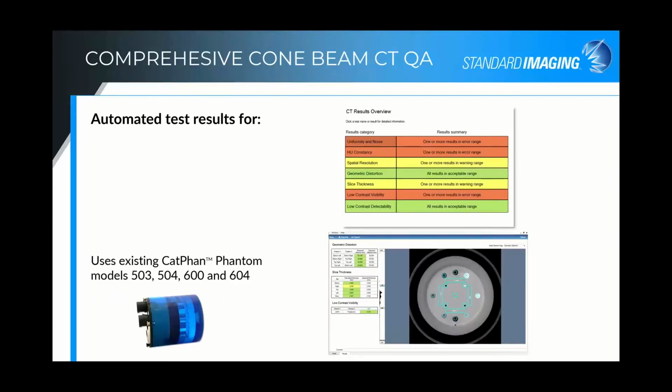Comprehensive cone beam CT utilizing the existing CATPHAN phantom, typically included with the CATPHAN system. I'm sorry, the cone beam CT system for the various Linacs, either the Elekta or Varian. And then we also can analyze the 600 series as well. So you've got the 503, the 504 for Elekta and Varian, and then the more diagnostic side of things with the 600 and 604. So those are all phantoms from The Phantom Laboratory that can be analyzed within the PIPS Pro